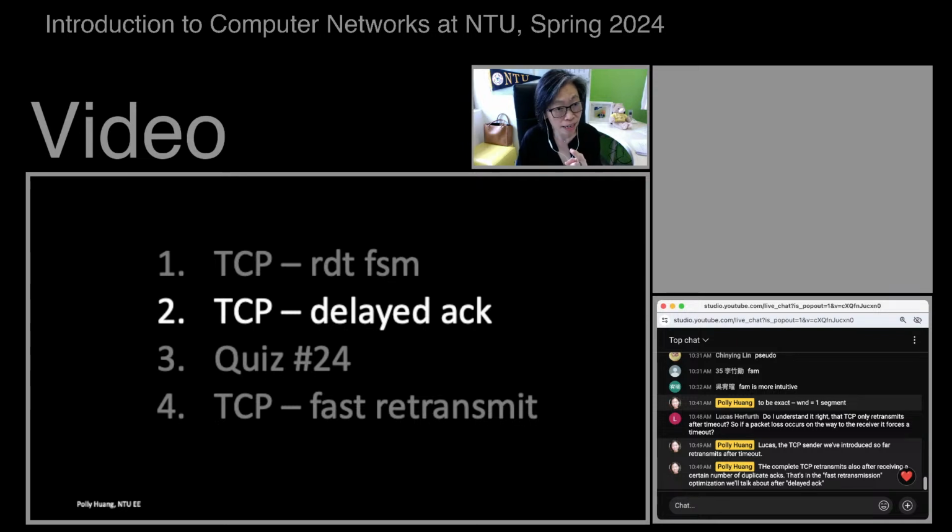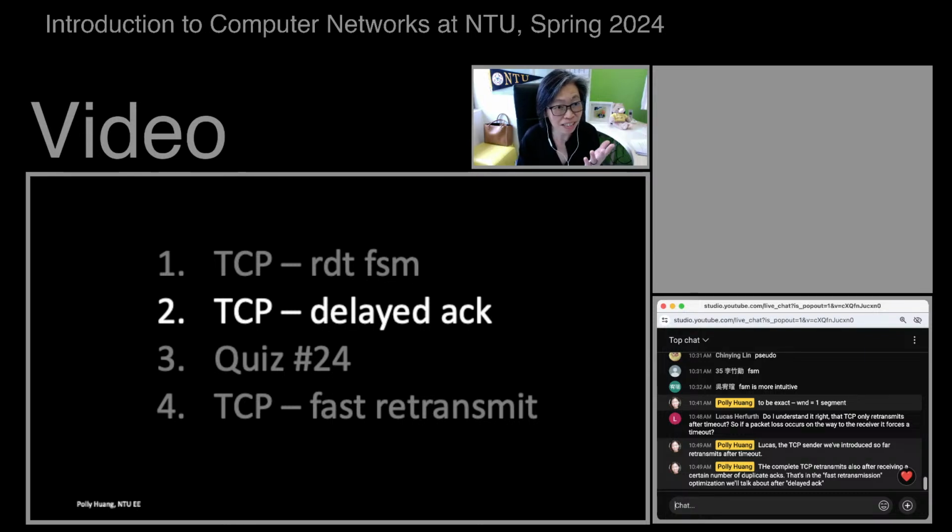But in the second example, because the ACKs in TCP, just like Go-Back-N, are cumulative ACKs, if 2 packets are sent and the ACK for the first packet is lost, but the ACK for the second packet is fine, then that first ACK's loss is perfectly fine. It will not influence the operation of TCP.